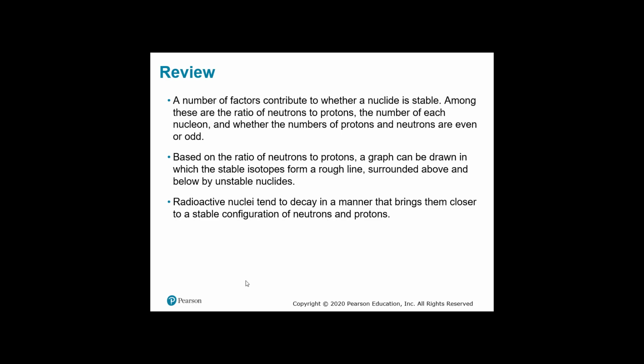A number of factors contribute to whether a nuclide is stable. Among them are the ratio of neutrons to protons, the number of each nucleon, and whether the numbers of protons and neutrons are even or odd. Based on the ratio of neutrons to protons, a graph can be drawn in which the stable isotopes form a rough line, and surrounding it above or below is the valley of stability. I think atomic mass is also a kind of straightforward way to figure this out. Radioactive nuclei tend to decay in a manner that brings them closer to a stable configuration of neutrons and protons, and that's what that decay